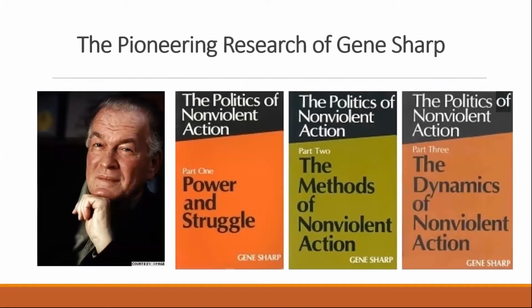I mentioned Gene Sharp, who wrote the book, Gandhi as a Political Strategist. This is a 3-volume book that he published in '73 that many people might be familiar with, but it was sort of the first really in-depth, systematic look at what we now call civil resistance. And he talks about the theory of power and struggle. He listed over 198 different methods of nonviolent struggle that, looking at case studies, he had found and identified.